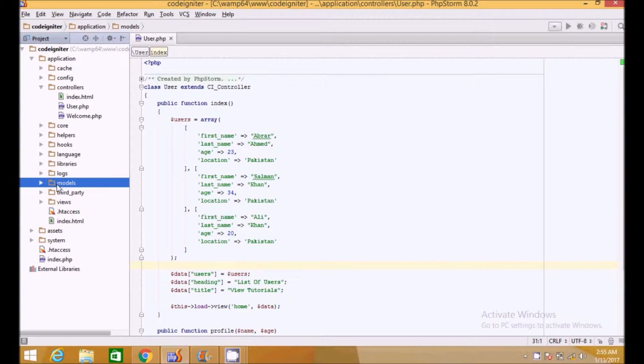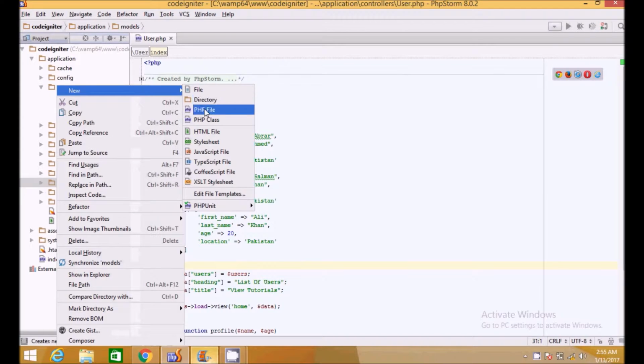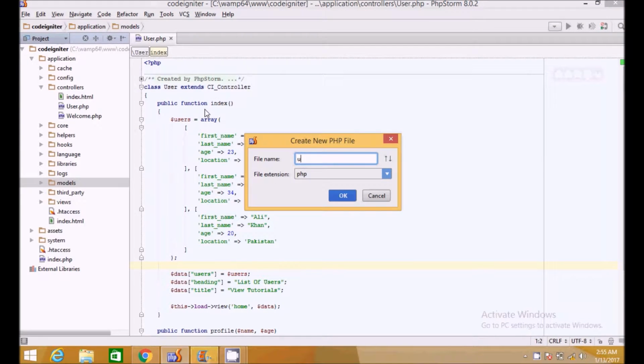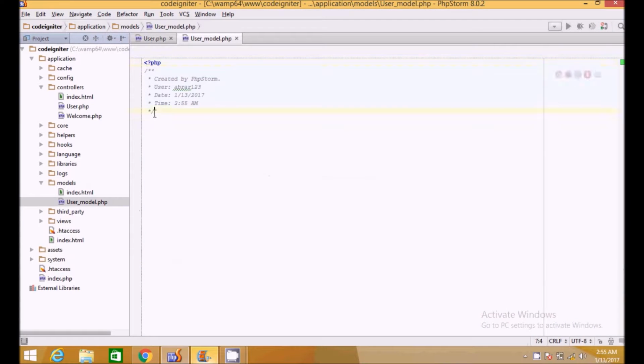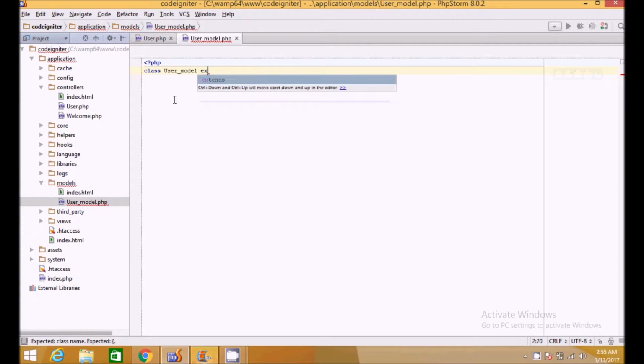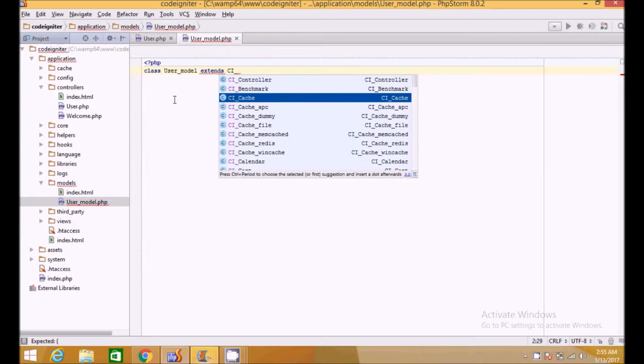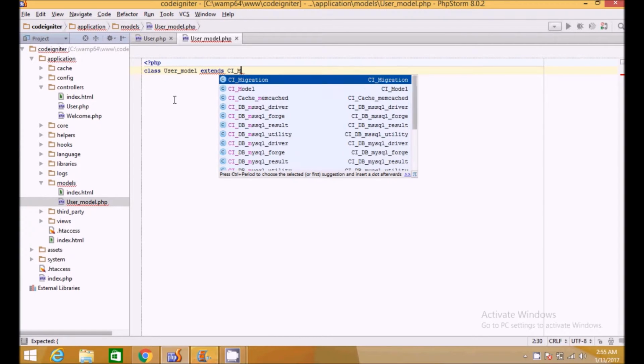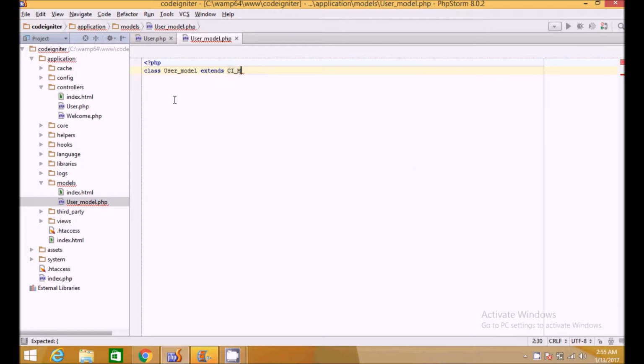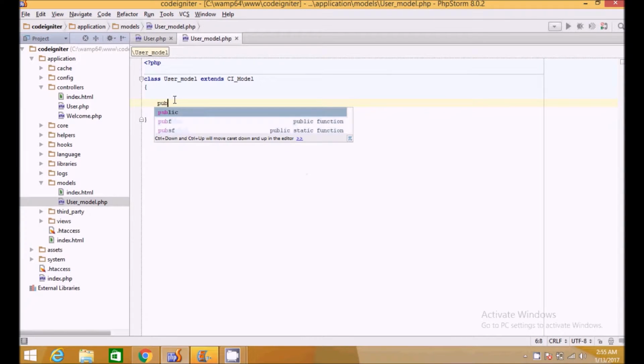So here we go in the model and create a new file, a simple PHP file, and the user model. So we will say user model, simply a class as we did in controller. User model which extends the CI model class. So here we create all the logic where we will actually connect to the database,